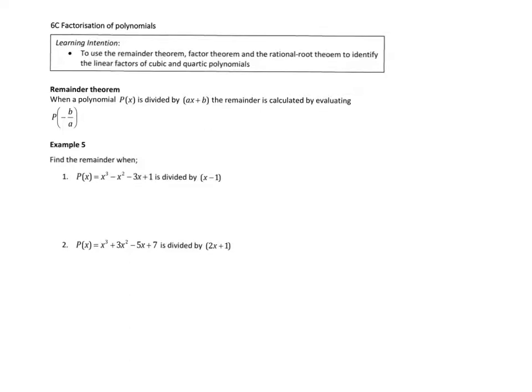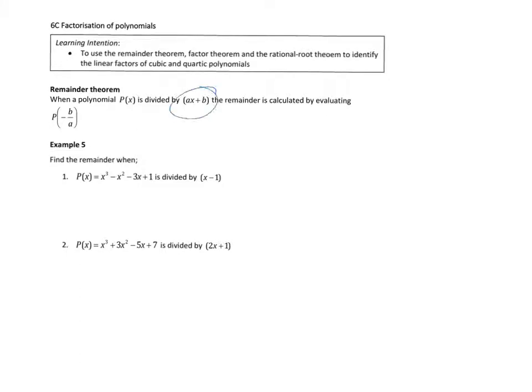So the remainder theorem is a very quick way of being able to find the remainder for a polynomial. The polynomials that we've looked at so far, we've done long division to get the remainder. But if we have one factor, then finding the remainder is actually quite quick. So let's just quickly have a look at